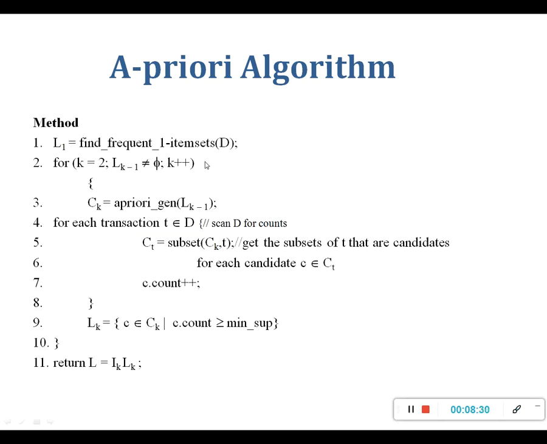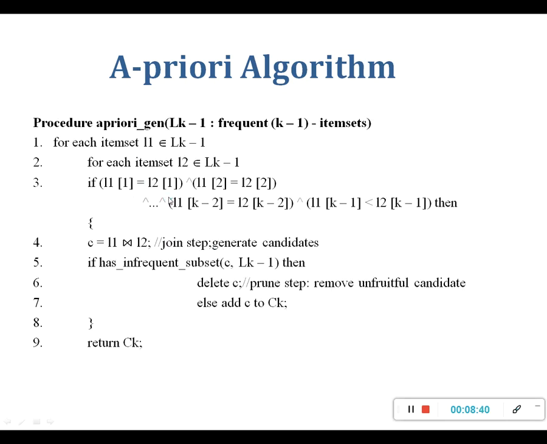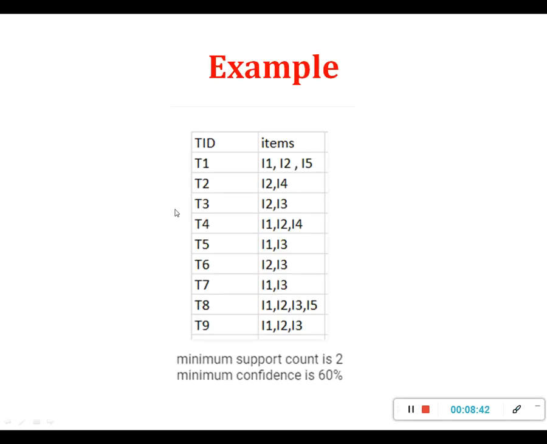Now if we look at this a priori algorithm, you might see some terms there that may look difficult. So what we are doing first is we will see the example, and then we'll move towards the algorithmic implementation. First of all we'll see by example what these terms mean, and then we will cover the algorithmic or coding part.